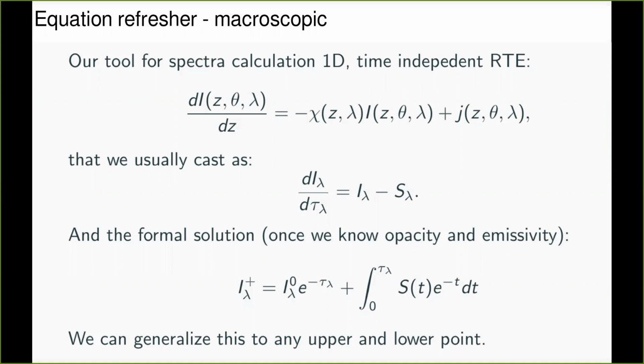The derivative of the intensity with respect to the optical depth at a given wavelength is equal to the difference between the intensity and the source function. If I'm able to calculate the optical depth and the source function, my solution is going to look something like this, and this is what we call the formal solution. The only thing I need to do after I have the source function on a given grid is solve this integral numerically, and that's it. I get the intensity. I'm going to show you how that is done sometime in the upcoming weeks.